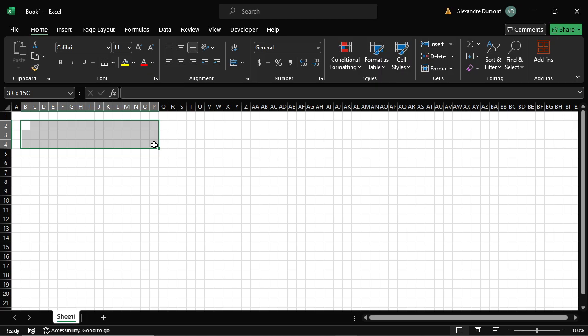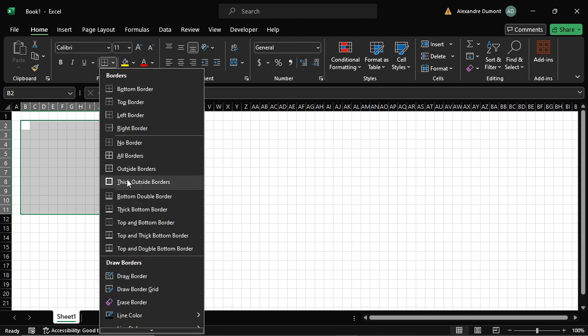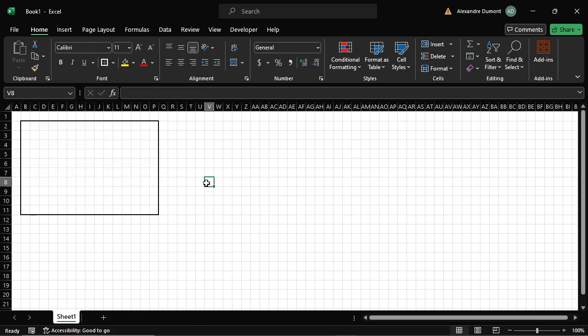Next, we're going to select an area in the sheet, let's say 10 rows and however many columns it is. And we can say this one is going to be the place in which we're going to play the game. So I'm going to enclose it. Maybe that's too many columns. I don't know. Anyway,